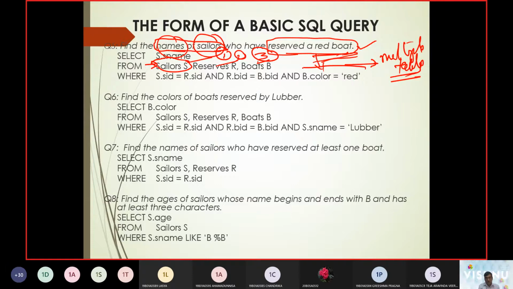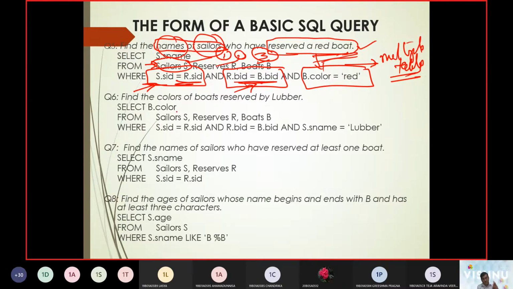What was the verification? One, we need to verify the color. Two, we need to verify the boat ID exists in reserves and boats. Three, we need to verify the sailor ID exists in the sailors and reserves. So three appropriate conditions have to be focused on in order to generate the output.